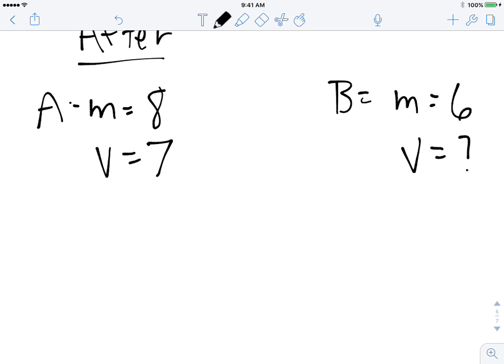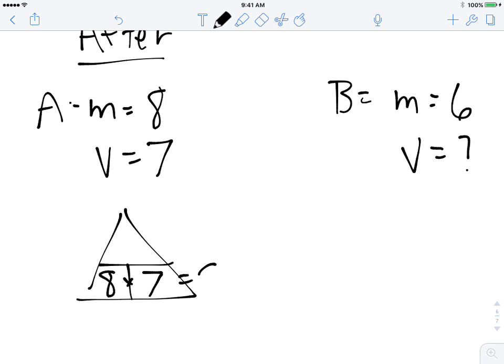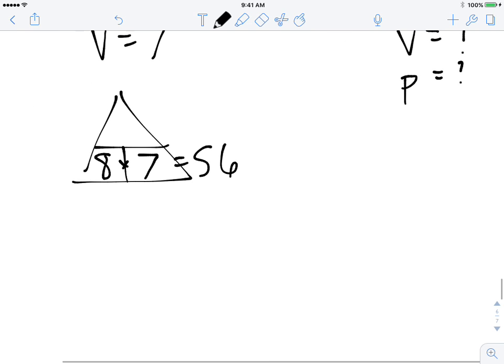All right, so we're going to do a triangle for A. So I've got 8 and 7. What is 8 times 7? What is that, like 56 or something like that? Hang on. I think it's 56. Yeah. 56. Boom. Okay. Now, I don't know the momentum of B yet, but I can figure it out because I know that